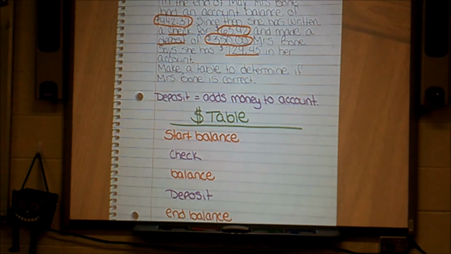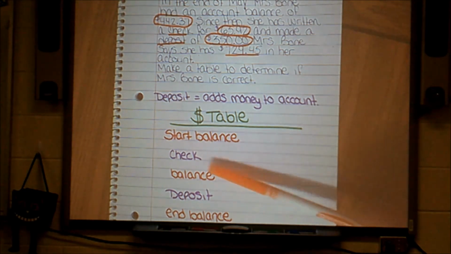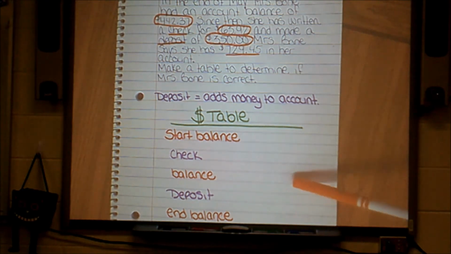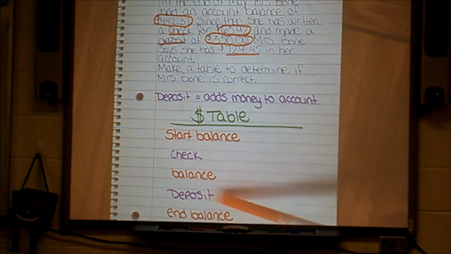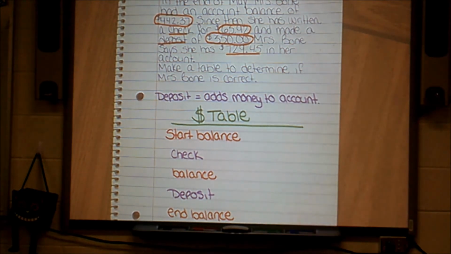So as you can see on my balance, I've labeled certain things. I've labeled a starting balance, a check, because I know I had a check in there, and then I'm going to rebalance it and figure out what the balance is then. Then I'm going to count in my deposit, and then find what my ending balance is going to be. And then I'm going to determine if it is what Mrs. Bone said in the problem that she should have in her bank account. So let's start going through this. Looking back in the story problem,